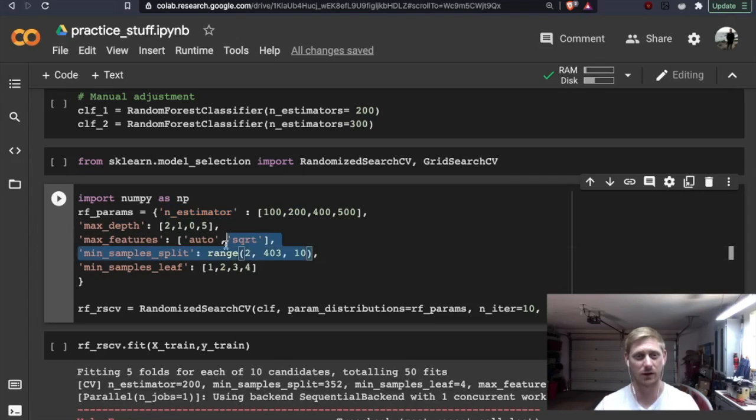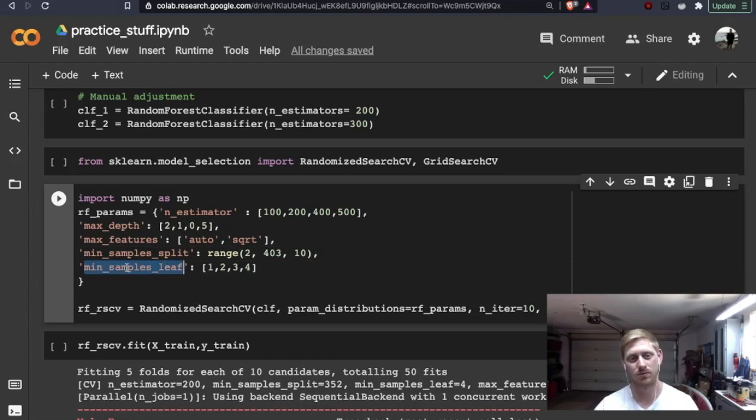Notice here we have a range, which starts at 2 and increases by 10 all the way up to 403. Likewise, we could also do a NumPy arange, or even a NumPy linspace, if I'm not mistaken.